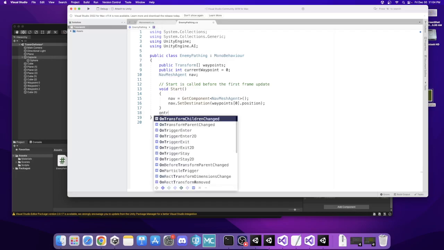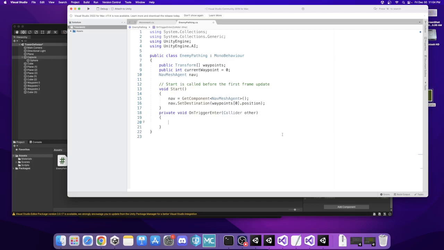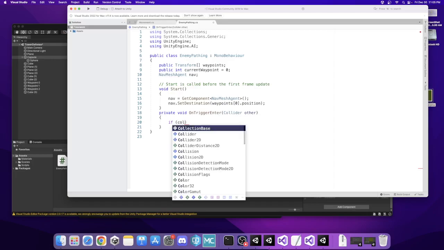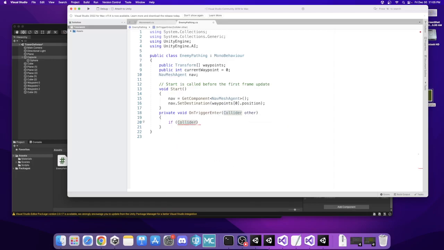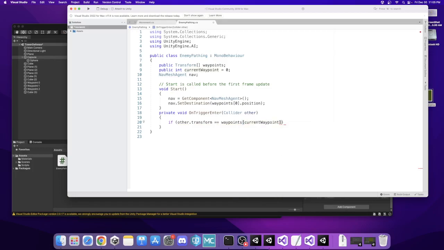We're going to go on trigger. And this time we want to use on trigger enter because we're not doing 2D. We're going to be using 3D objects, so we want on trigger enter. And on trigger enter, what we're going to do is if, and in this case, this is using collider other, so we're going to do it that way instead. Collider, whoops, actually we want other there. If other dot transform is equal to waypoints current waypoint dot transform,